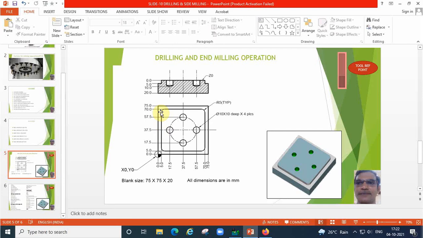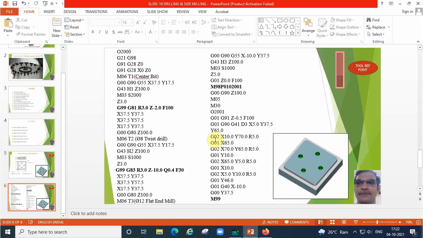X5 and Y65. We have a small curvature here, 5 mm radius. It is given. Okay. Like that we are rotating the cutter. Simply we are writing the coordinate values for each and every point. Okay. Y65. No need to write X value. X is not changing. So Y value only we are writing.